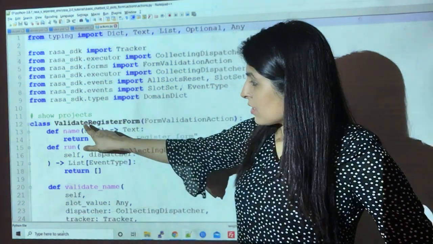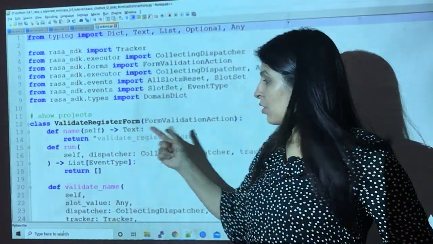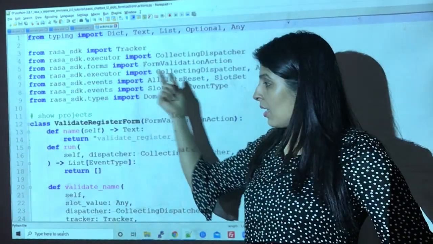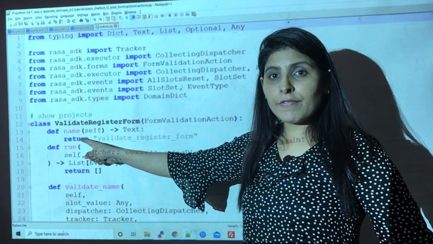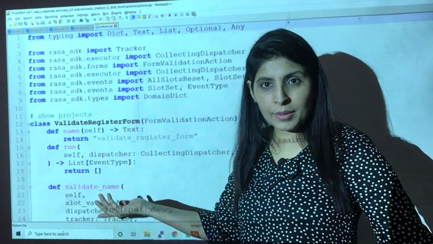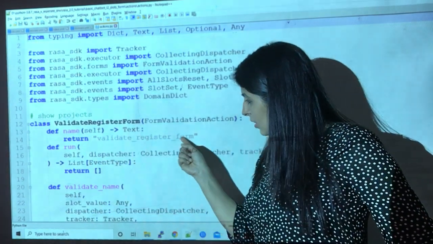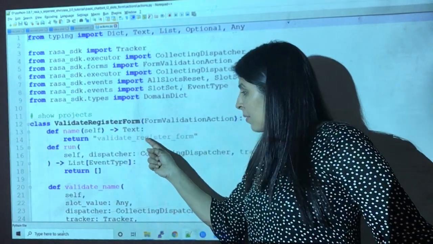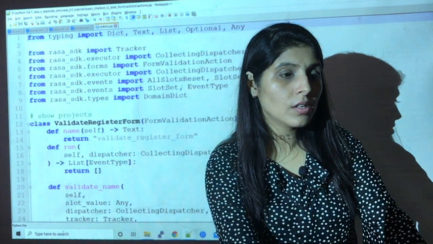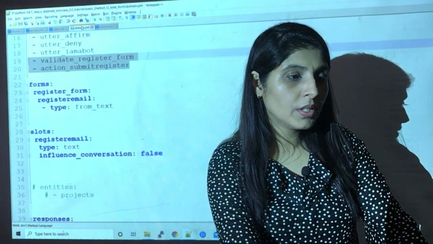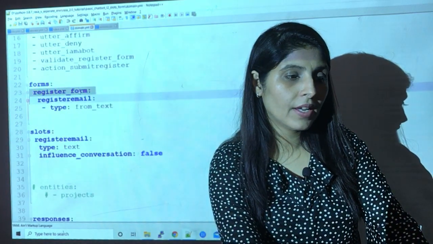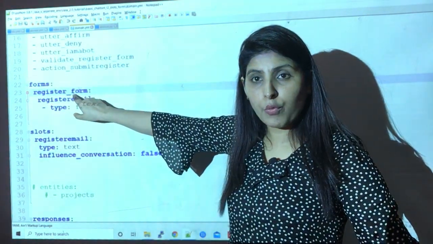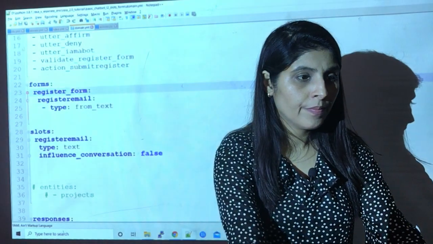Whenever you create this class, you need to use FormValidationAction. Now we have one function with the name of name, and this register_form. If you remember this register_form, let me open the domain.yml file. This register_form is the name of the form.